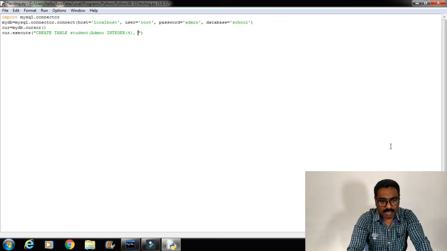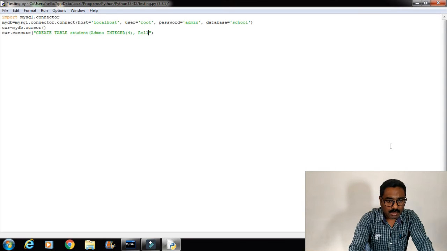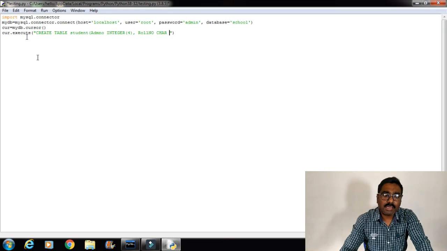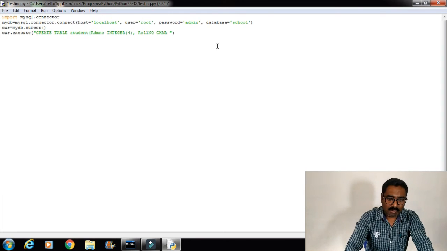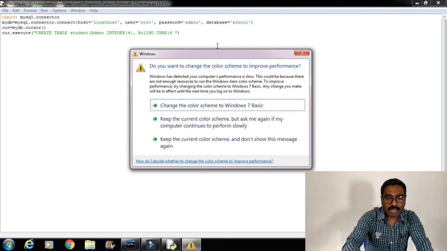The second attribute is roll number, and the data type is character. I am using the keywords in capital letters like create, table, integer, char. These are the keywords, so I am using capital letters here, but you can write in small letters also. It is character 6.